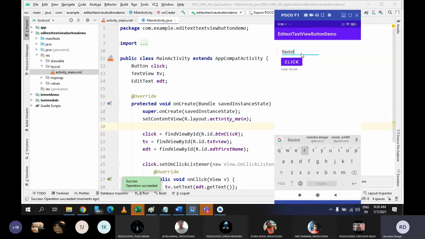So if I write my first name and click on this button, which is click, whatever text I have written here is now replaced in the text view. So this is how you can play with your components. If I give a different name, let's say Nilay, and click, you can see it is getting replaced. Fine, any doubt?